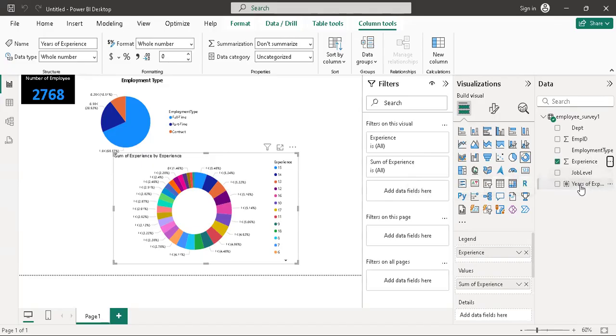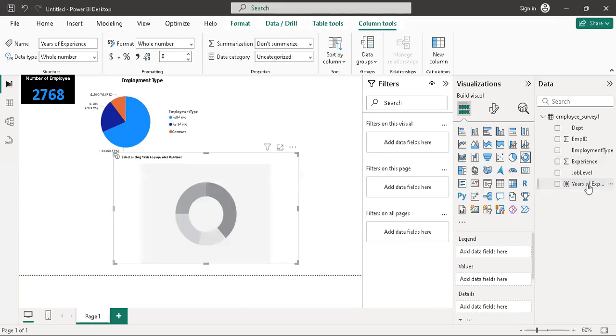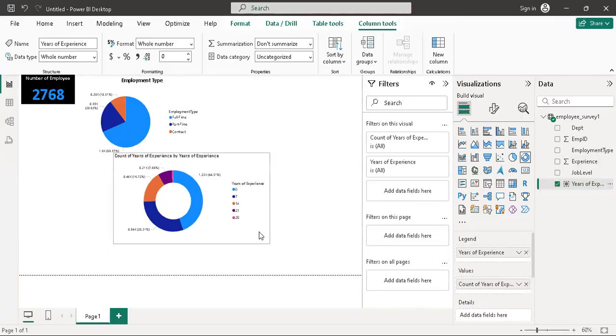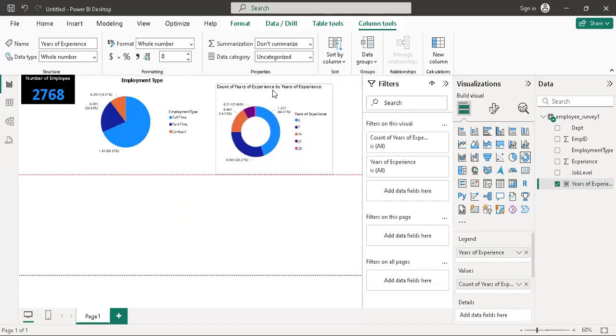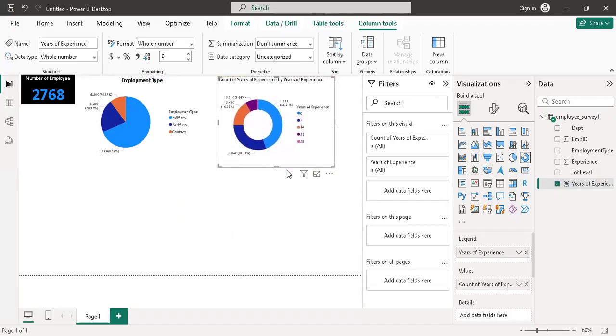You can see it here, years of experience. So instead of having experience here, I will now use that bin that's called years of experience to make better meaning of my visuals. You can see it has put them into 5 buckets, and I have them here. So I can place that here. I can change the heading